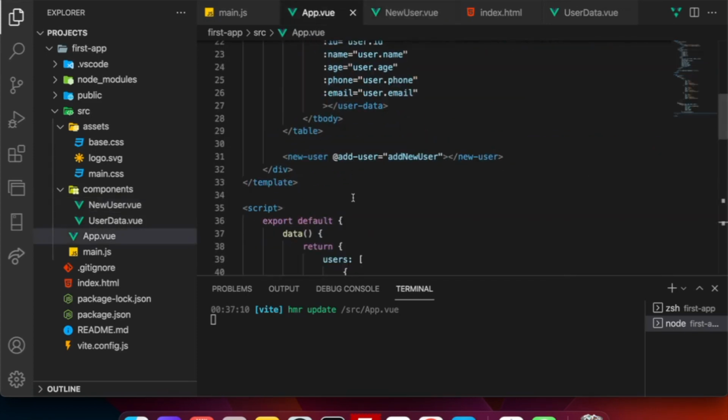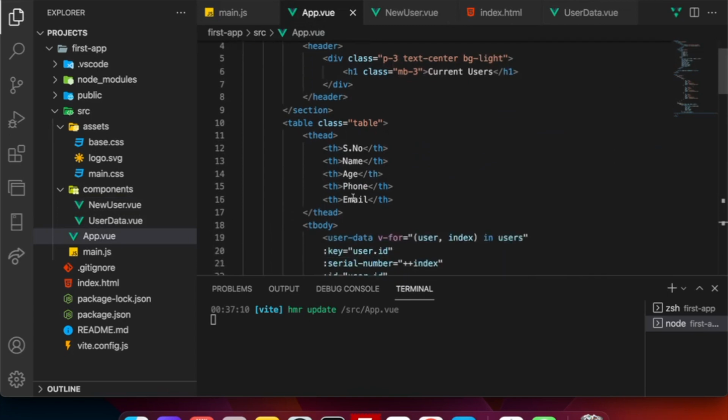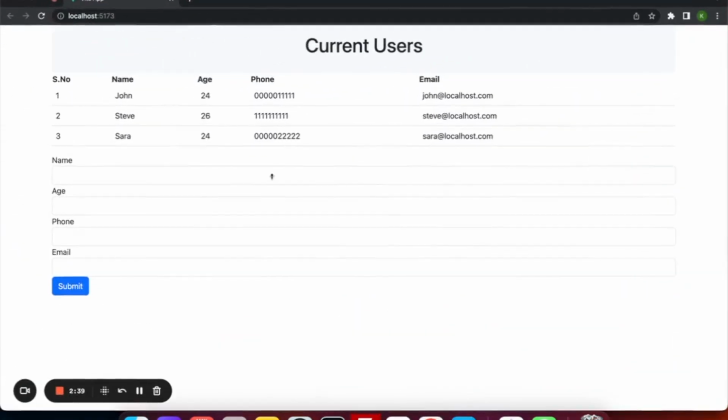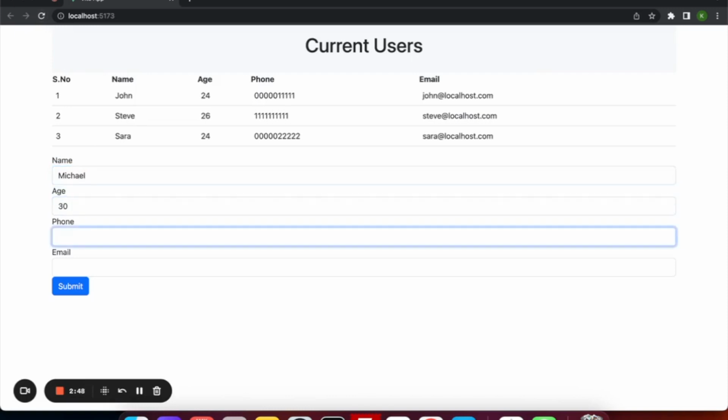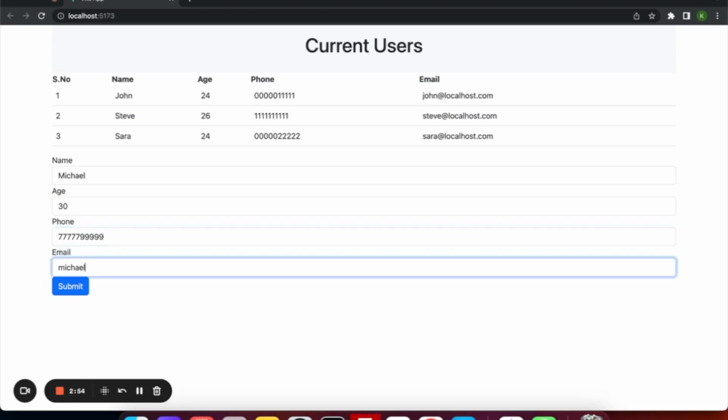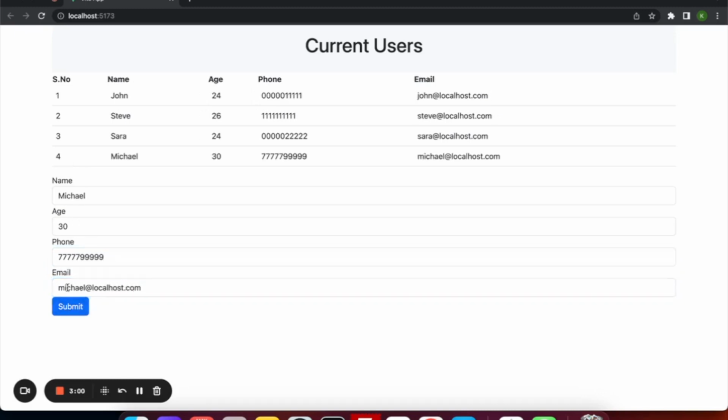So now what we need to do is, we'll basically check this out. So just refresh it once, and let's say Michael, age 30, phone, localhost.com. We click on submit, and we see the data inserted successfully here. But I feel there is one thing we can get rid of. So if we submit the data, we don't see this